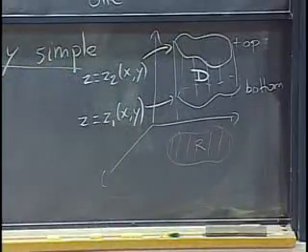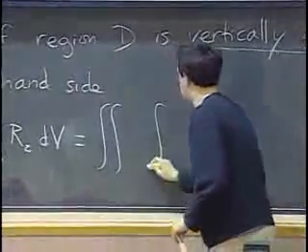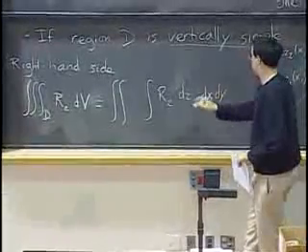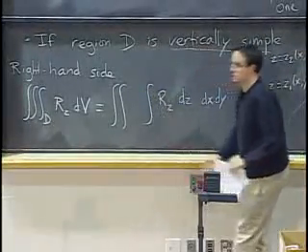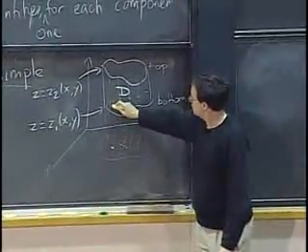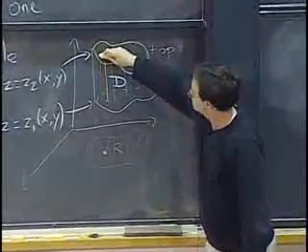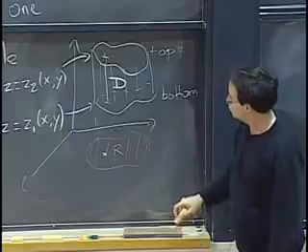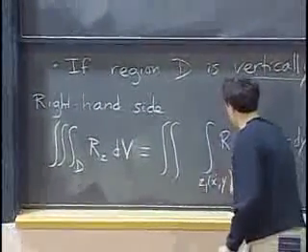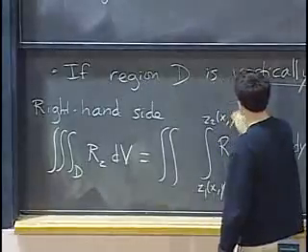So I can actually do it as a triple integral of R_z dz dx dy, or dy dx, it doesn't matter. So what are the bounds on z? This is actually good practice to remember how we set up triple integrals. When we integrate first over z, we start by fixing a point x and y. And for that value of x and y, we look at a small vertical slice and see from where to where we have to go. Well, we start at z equals whatever the value is at the bottom, so z1 of x and y, and we go up to the top face, z2 of x and y.